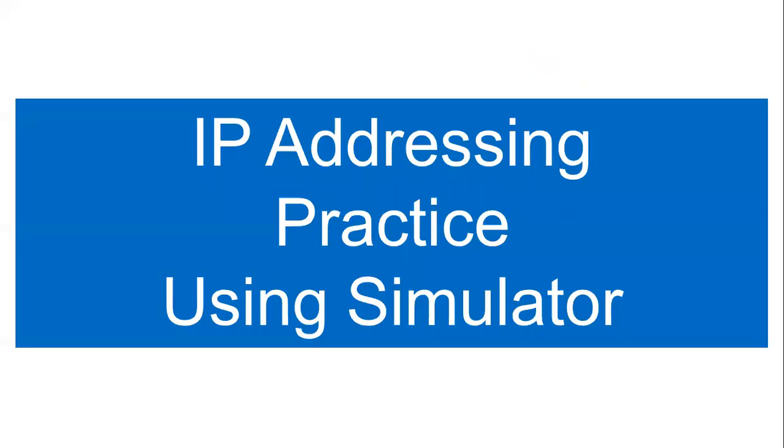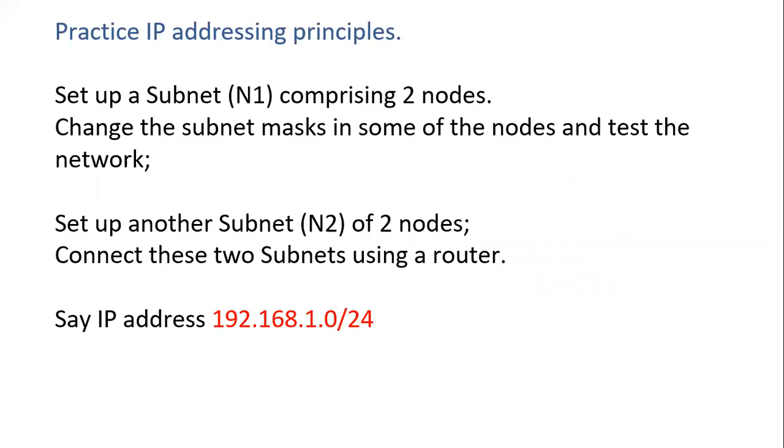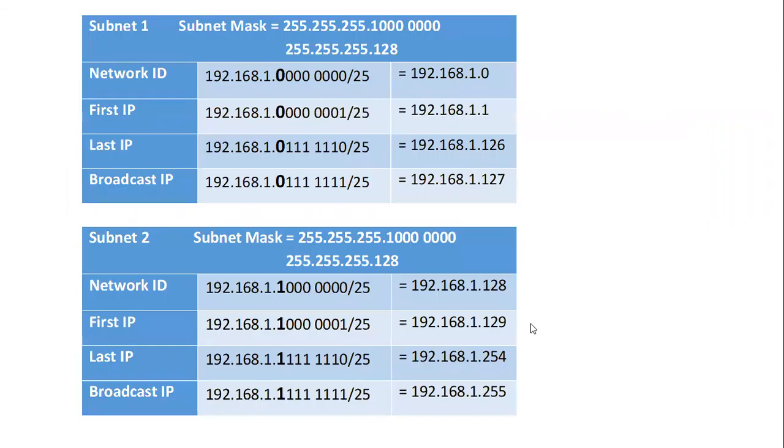So now we'll see this with the simulation. We'll take an example, say this is the address. It has 24 bits as a network ID. Now this IP address is used to create 2 subnetworks. Before going into the simulation, first make a note of the first ID and the last ID. We are creating 2 subnets. When you create 2 subnets, 1 bit is borrowed, so 1 bit position is sufficient. For subnet 1, it's all 0, and in subnet 2, this borrowed bit contains all ones.